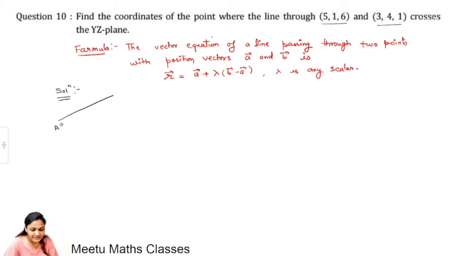A is (5, 1, 6) and your B point is (3, 4, 1). So let A be the position vector of point A, that is equal to 5i plus j plus 6k, and B is the position vector of point B, that is 3i plus 4j plus k. So the vector equation